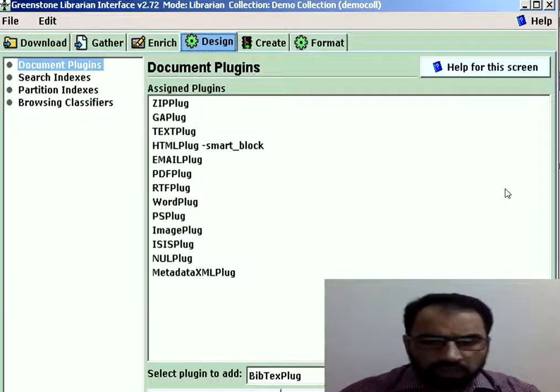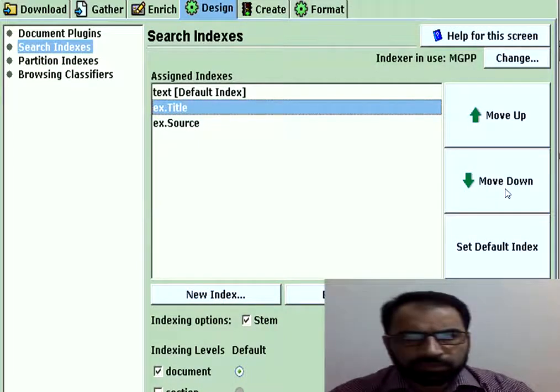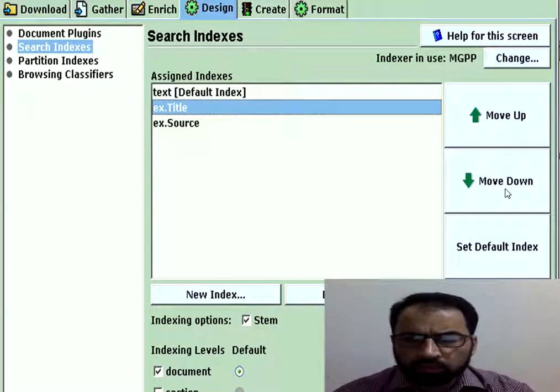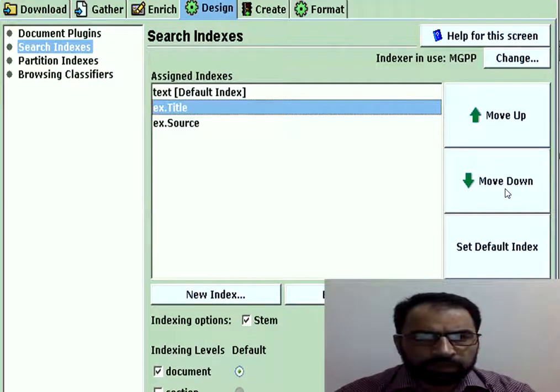Then the next step is the search indexes, like we talk of the OPAC, WebOPAC, or any other catalog, where we search the resources which are available in a library. In a similar manner, we use different bibliographical elements for searching the digital library which we are creating using the digital library software.